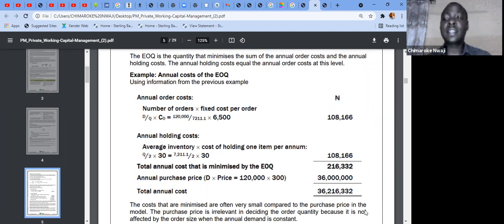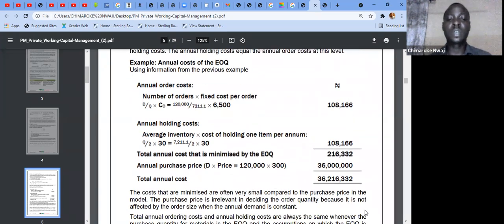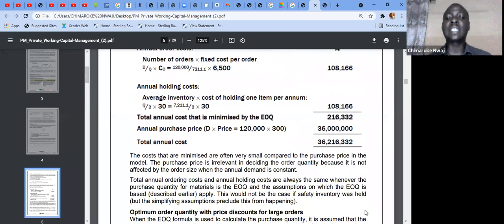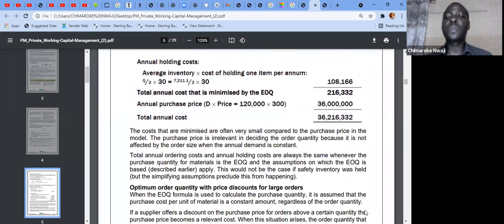So we learned here that the economic order quantity is the quantity where the ordering cost is equal to the holding cost. The costs that are minimized are often very small compared to the purchase price in the model. Now we said the purchase price is irrelevant because it does not affect the order size when the annual demand is constant. Okay, now